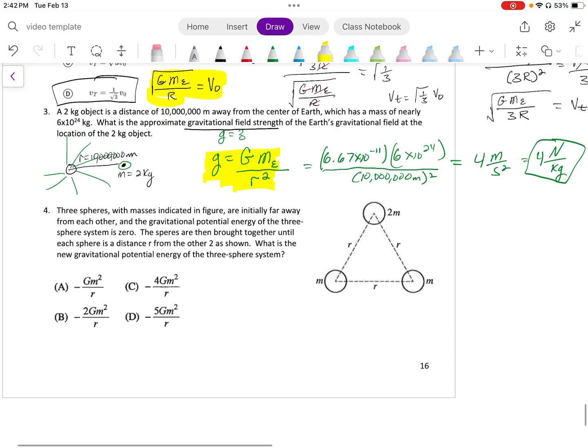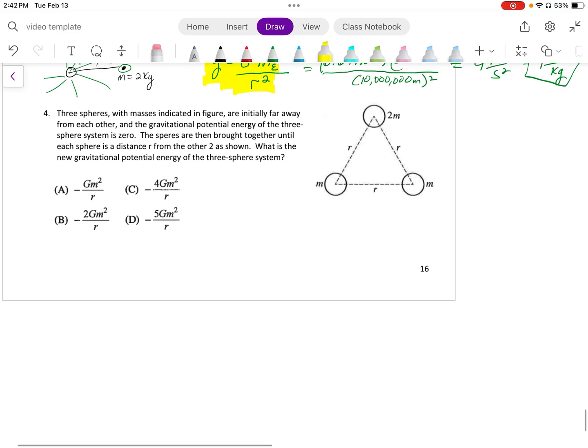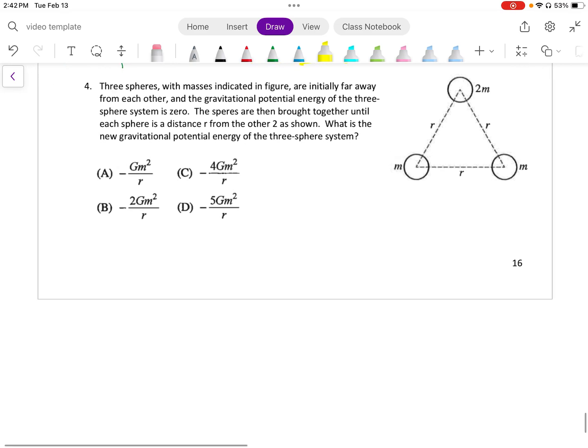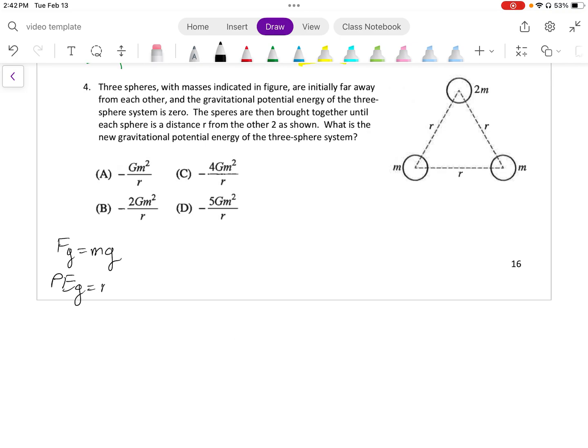This last problem is the only problem I've seen in many years where you actually have to use the big G equation, or I'm sorry, the potential energy due to gravity equation when you're not on Earth. So we have a force of gravity equation equals mg, and we have a potential energy due to gravity, which is equal to mgh. And this applies when little g is constant